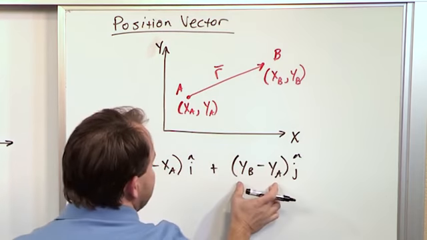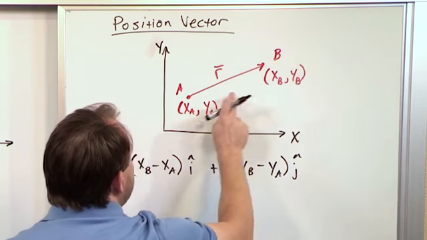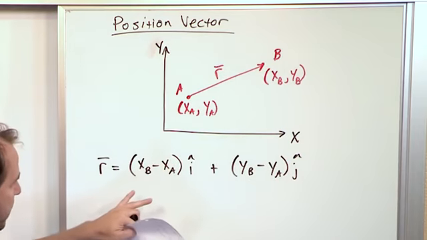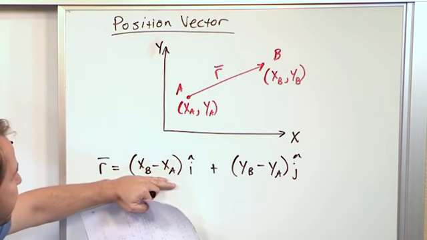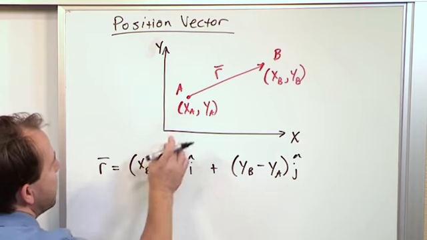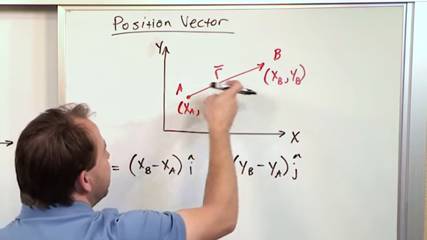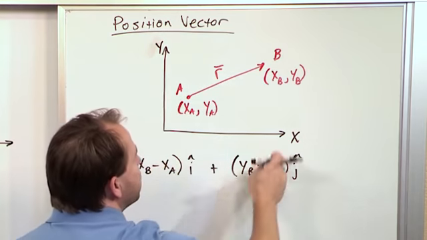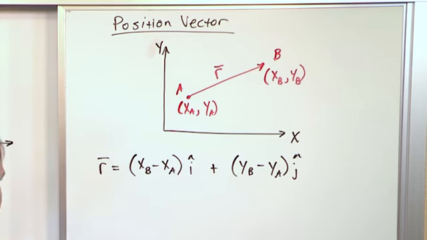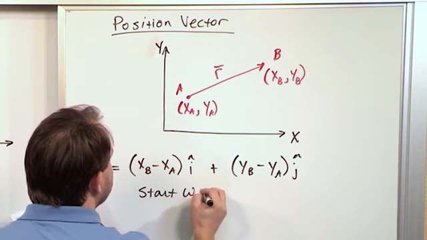In the y direction, it's the similar thing. The yb minus ya is just giving you the vertical component of this vector. So it looks complicated, but all you're doing here is you're saying, okay, any vector in general can be written from a starting point to an ending point, and the x component of the vector will be the difference in the x components, and the y component of the vector will be the difference in the y components. Okay? So you can say, you can start walking